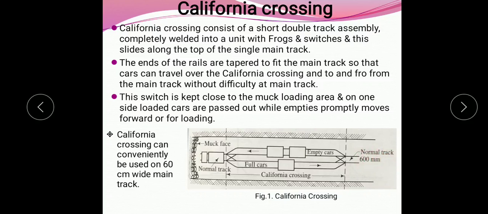Means whatever loading is carried out at this site will be taken to the outside of the tunnel for emptying the car. After this, the empty cars are stored on this track, and the car again passes to this location and the cycle repeats. So this is about the California crossing method.